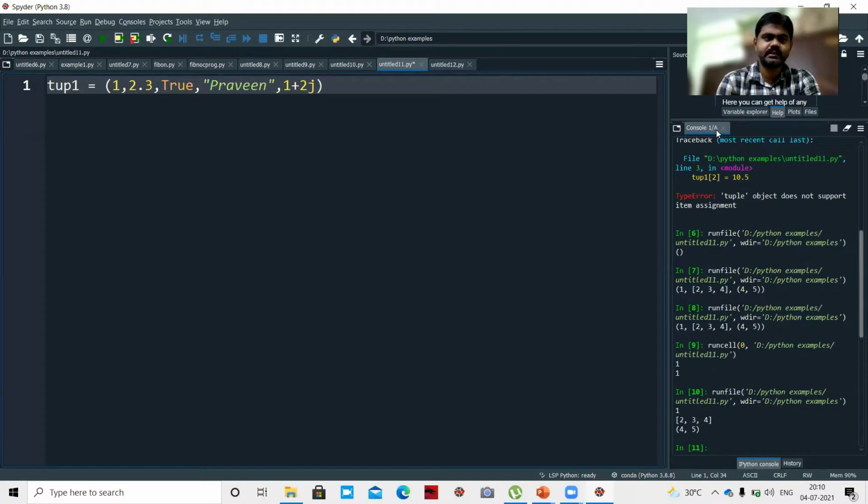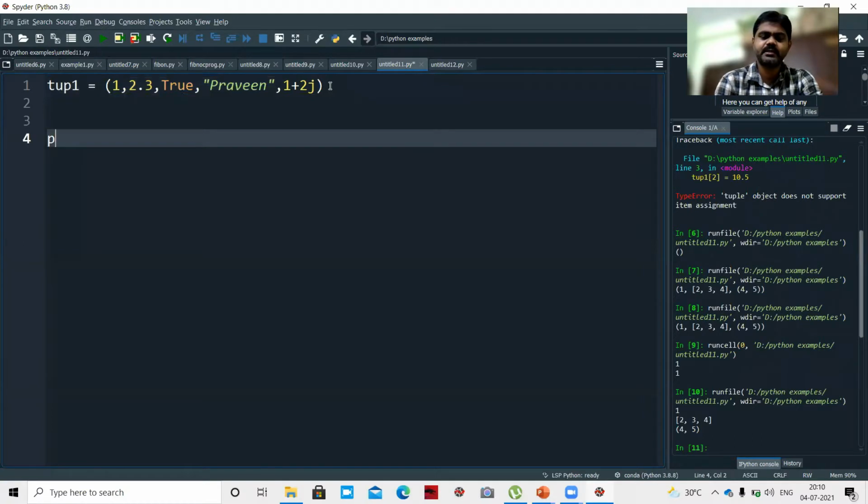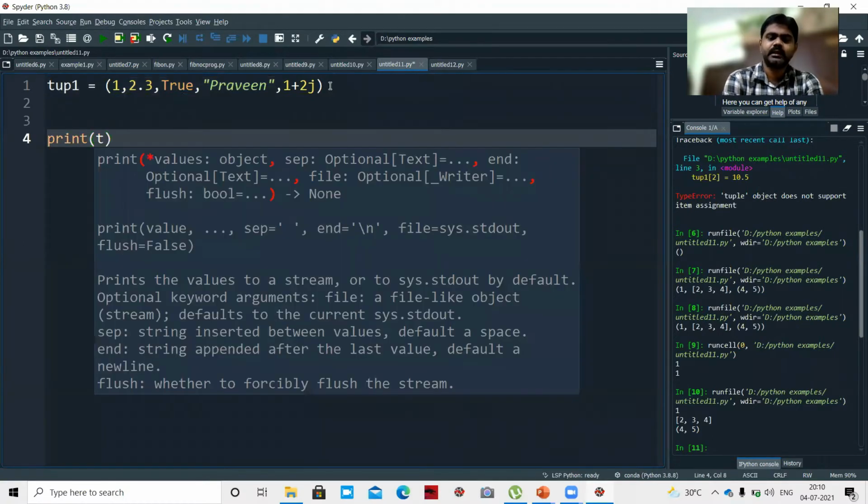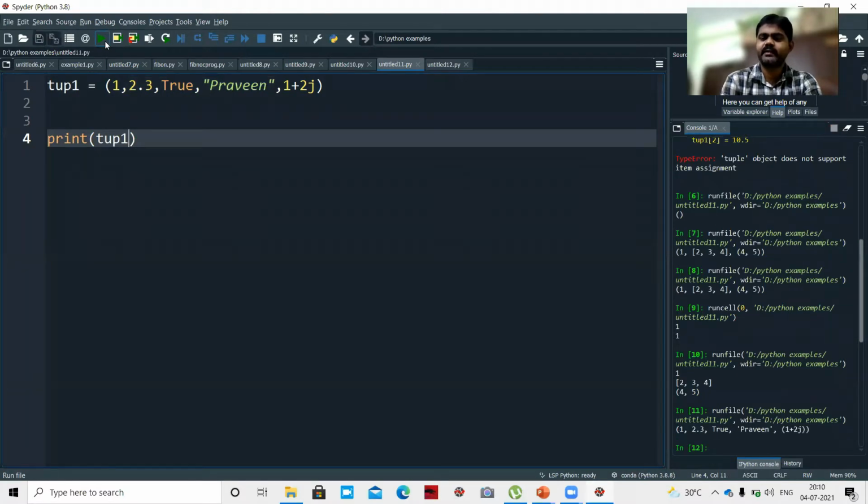So that's it: integer, floating point, boolean, string, complex data type. This is a tuple. Let me print this. Print tuple1. If I execute this, I will get 1, 2.3, True, Praveen, 1 + 2j.